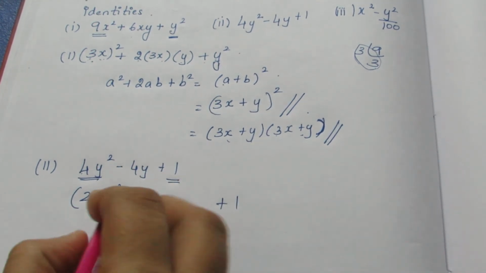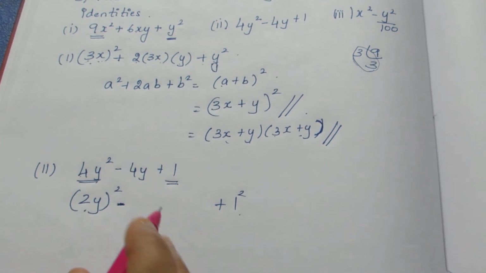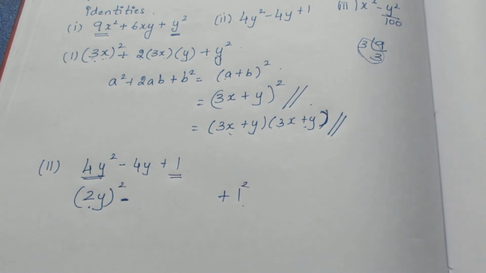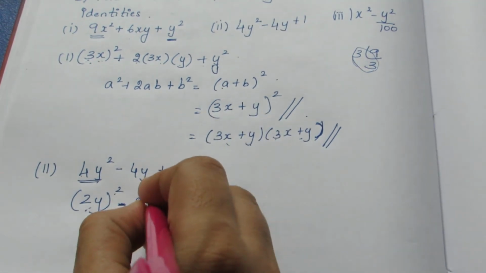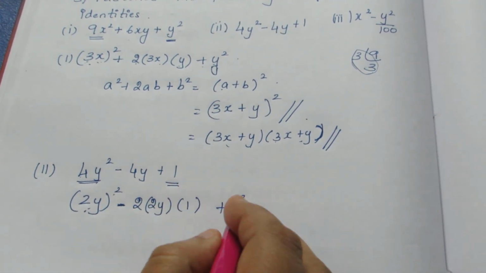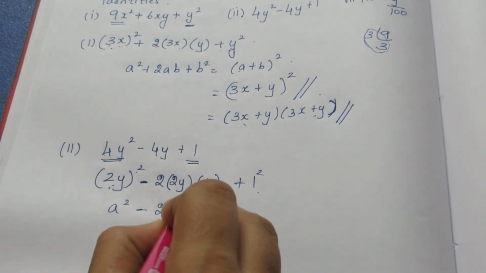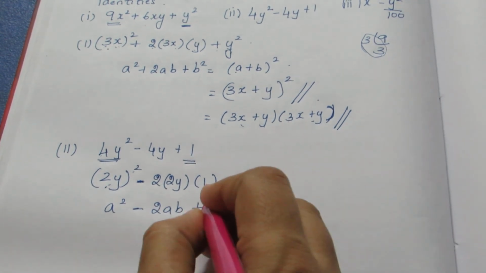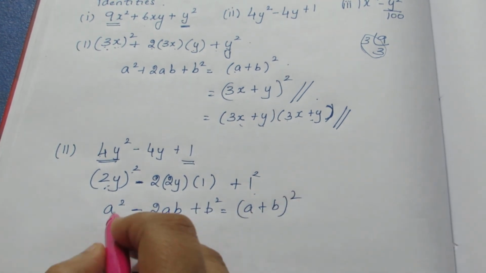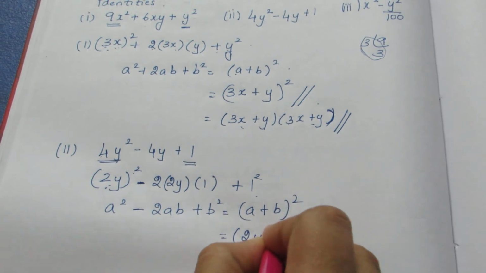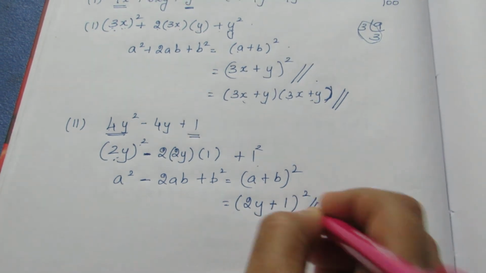We have minus here. So as I told before, this is also square and this is also square. It should be in the form of, as it is minus, a minus b the whole square form, which is a square minus 2 into a into b plus b square. So always write the identity because you lose marks if you leave the identity. It's a square minus 2ab plus b square, which is nothing but a minus b the whole square. We know that instead of a we have 2y, so 2y minus 1 the whole square is the final answer for the second one. We'll move on to the third one.